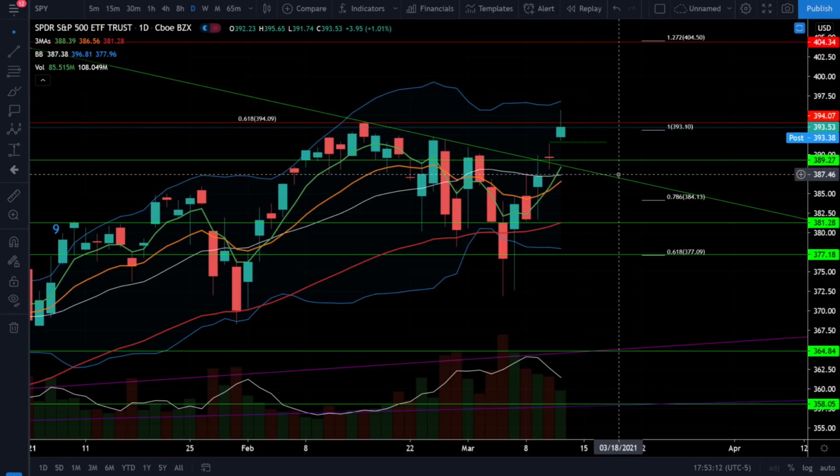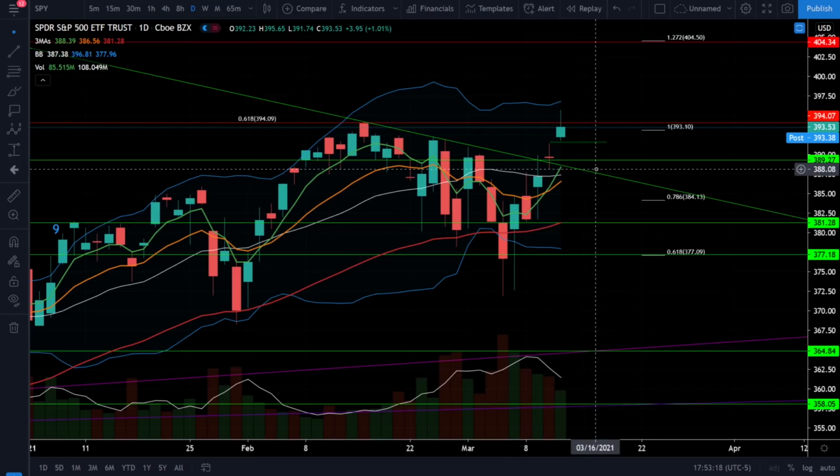Now the good news for SPY is this was the second day in a row that we closed over the 20 simple moving average. We see some bullish momentum picking back up, which is definitely good for the bulls that we're getting back into a bullish trend. So we want to see the trend going in the direction of the trades we're making. So if we're getting a bullish trend on SPY, we want to be looking for bullish trades now, because we're looking to buy the dip off support levels and follow the trend, which is going to start pushing price action